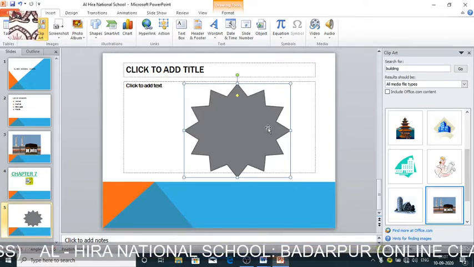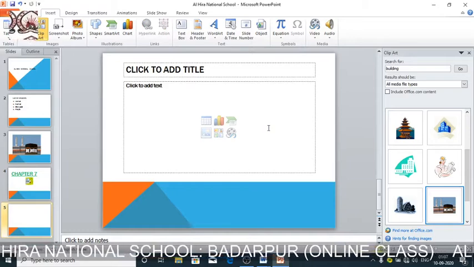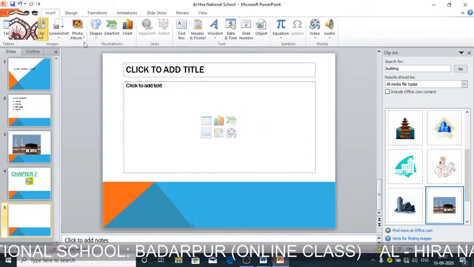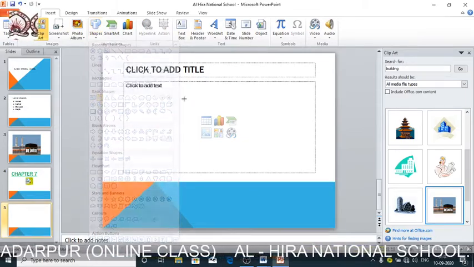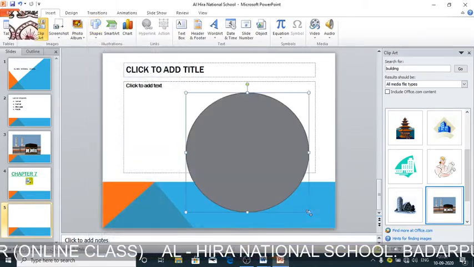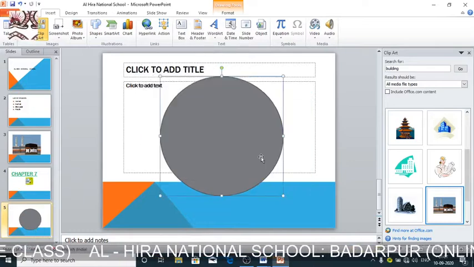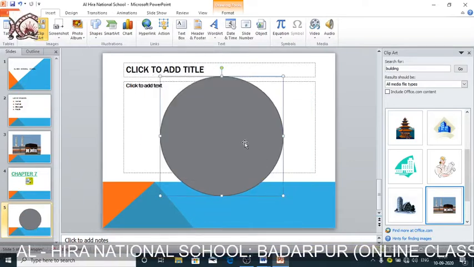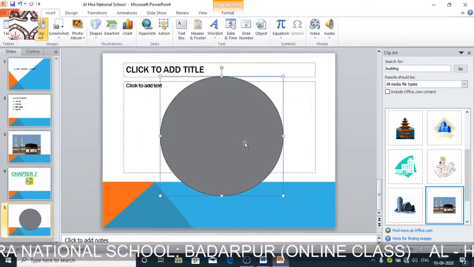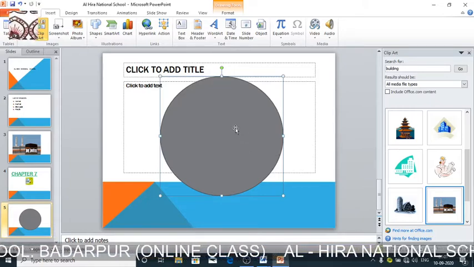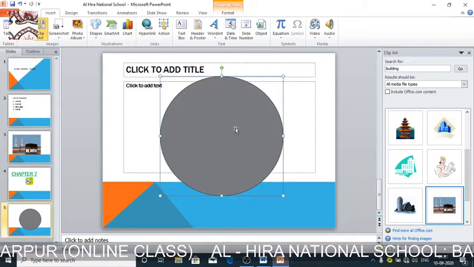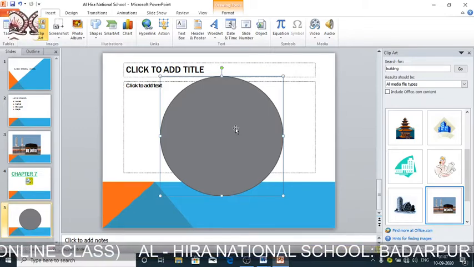We can also insert a circle or square from the shapes. You can see there is a circle there. Then another feature I showed you in the last class, we can also add text to that auto shape. How?